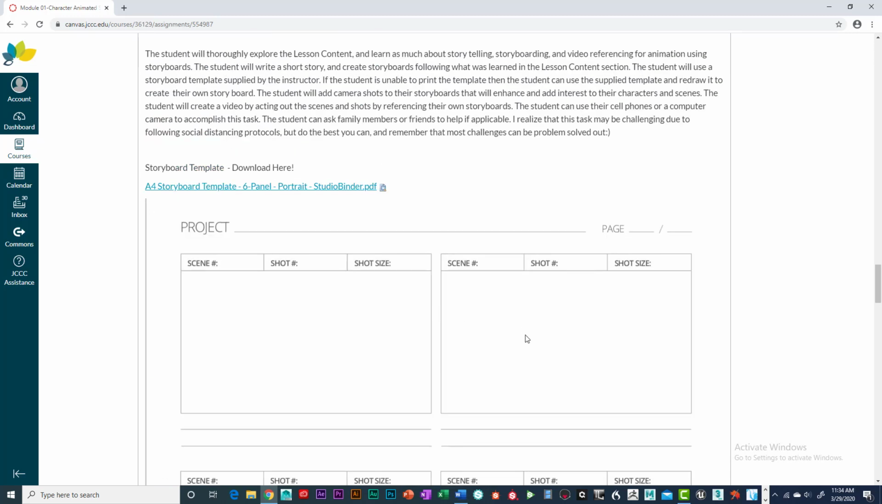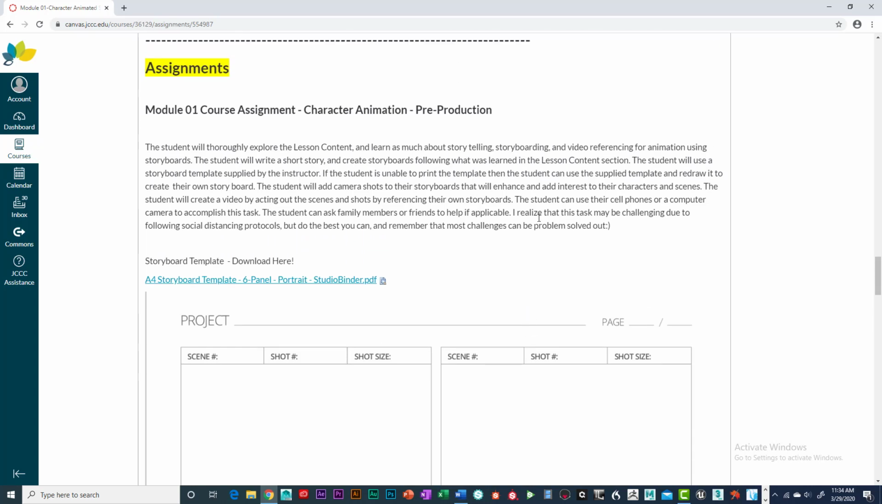Make sure it's crystal clear. Do what you need to do. I've got to get it in as an electronic piece. Make sure it's a JPEG. So get it to me, and that's all you need to worry about. So once you get that template downloaded, if the student is unable to print, and I talk about that,